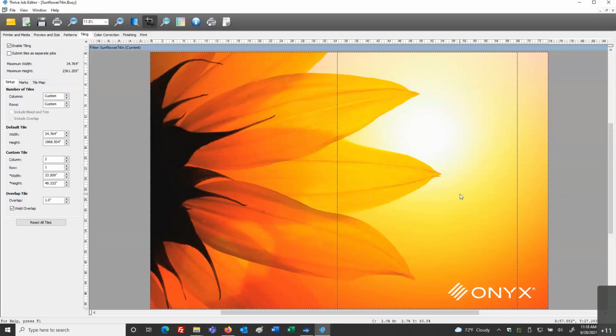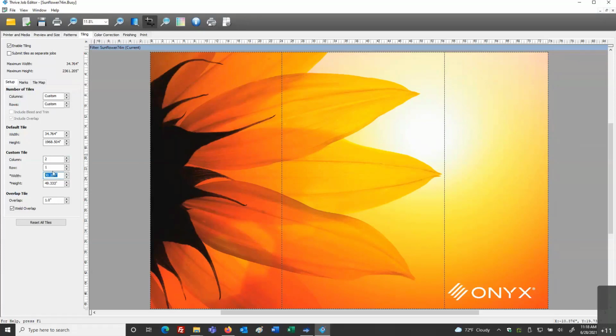So a couple of different things we can do in Job Editor for the tiling is we can type in our dimensions for what we want this to be. So I'm in column 2. I can go to column 1, column 3, and I can set this up. So 3 is actually 5.72 inches. So yes, I can click and drag and move these positions over and roughly get my 3 panels, or I could do math and calculate and type in my values.